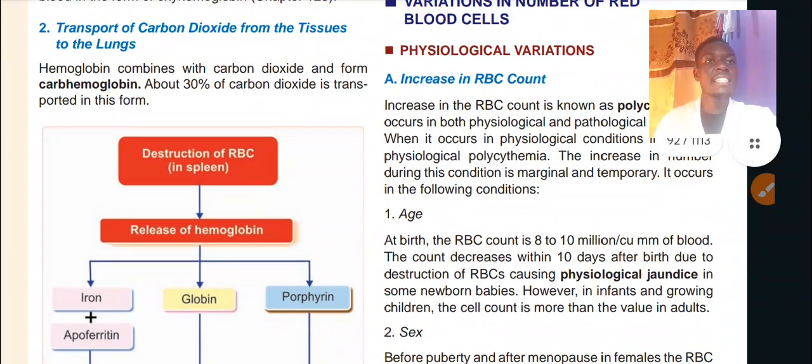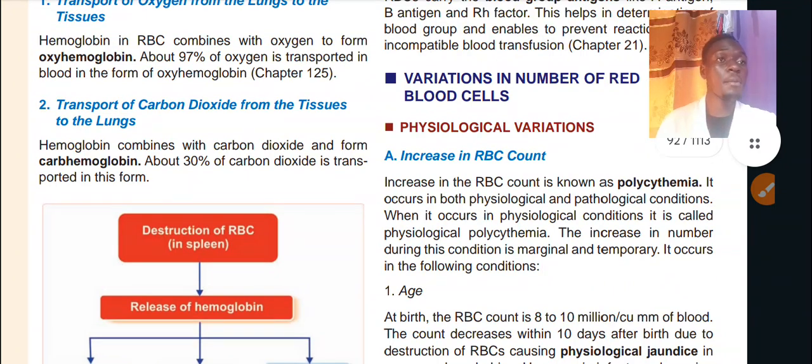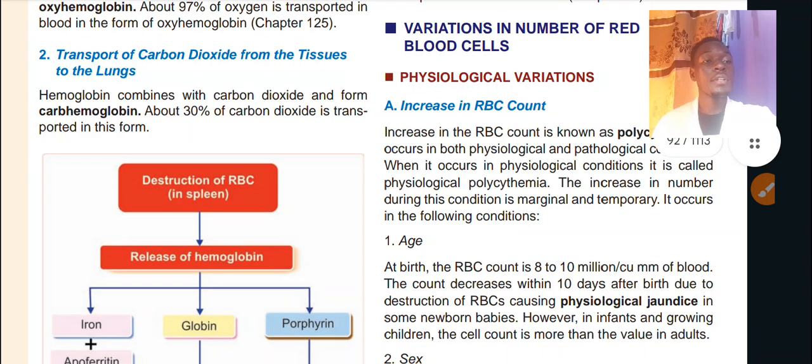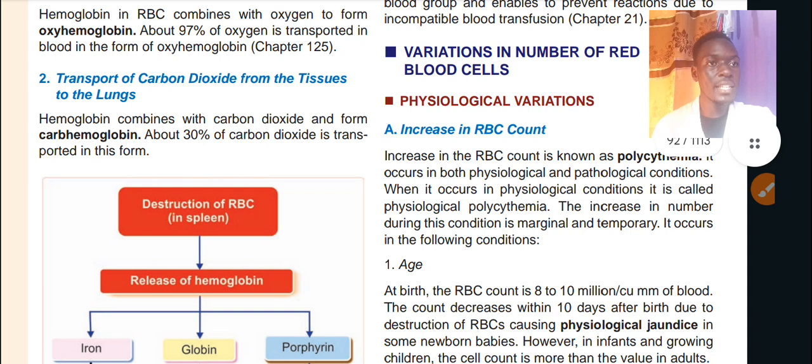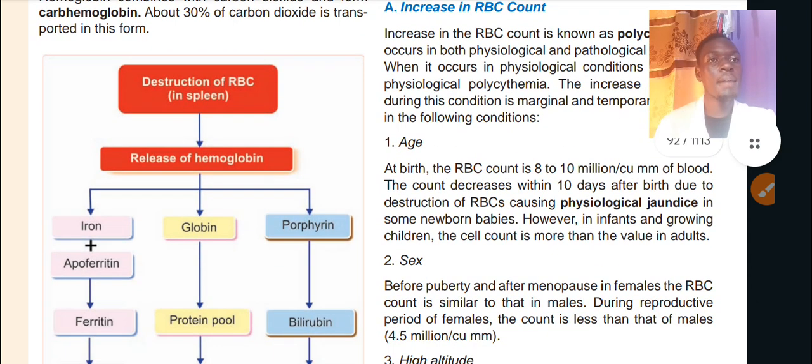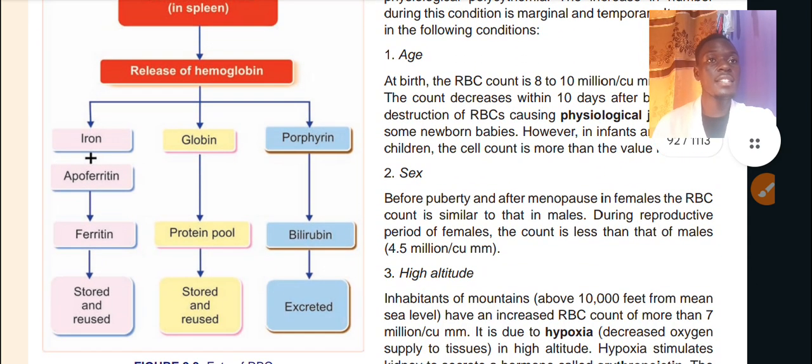Now, you realize that we have some variations in the number of red blood cells. Red blood cells change sometimes due to physiological reasons or variations that are taking place in our bodies, or sometimes due to pathological reasons. Some of the physiological reasons may cause an increase in the red blood cell count. The increase in the red blood cell count is called polycythemia. Now, polycythemia may be due to physiological changes like age,